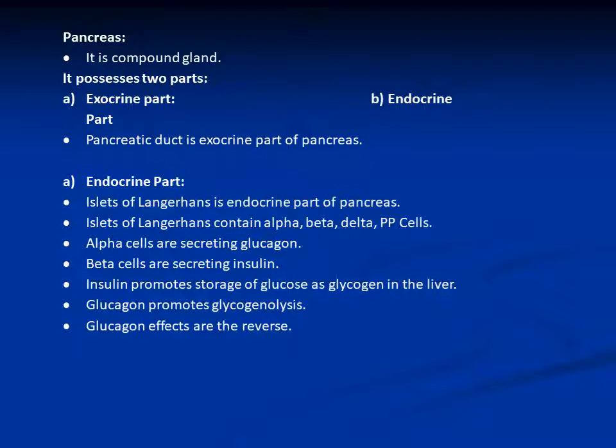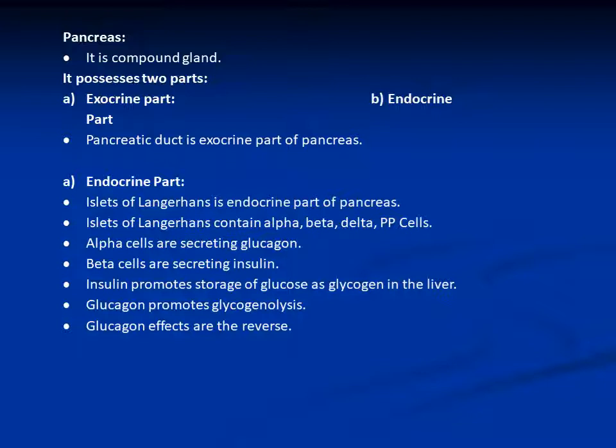Why is it said to be islets of Langerhans? Because it was discovered by the scientist Langerhans, therefore it is known as Langerhans. Why is it said to be islets? Because their structures are like islets, therefore it is known as islets of Langerhans. That is the endocrine part of the pancreas. In the pancreas, 99% is the endocrine part, and 1 to 2% is the exocrine part or acini.